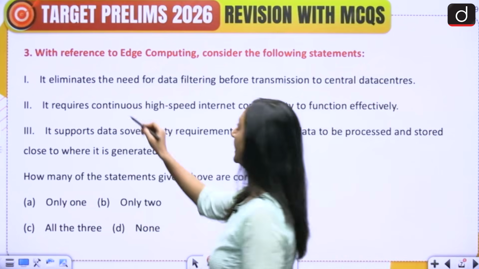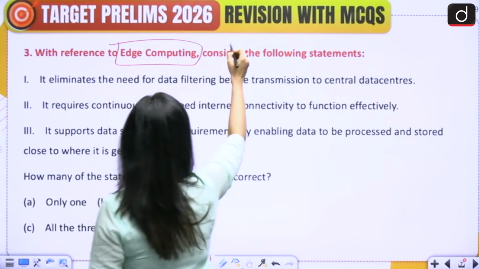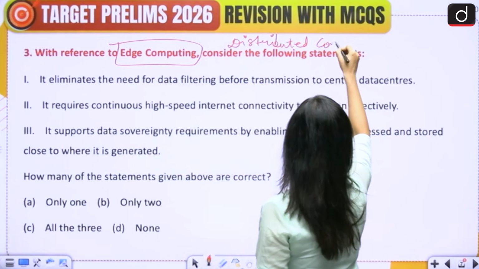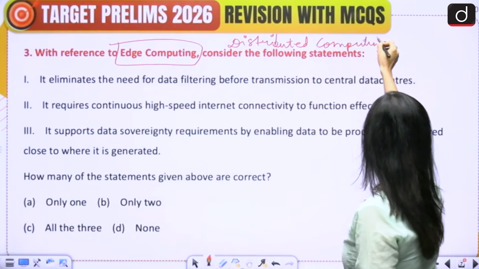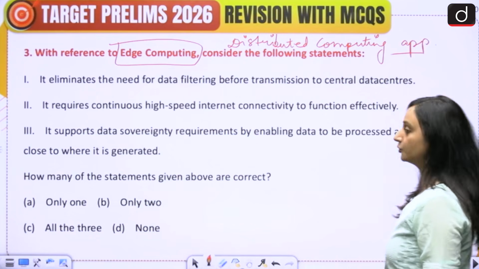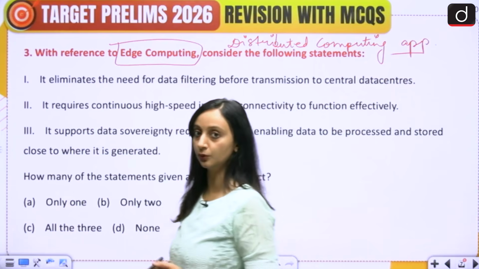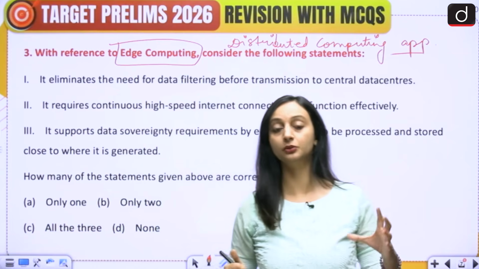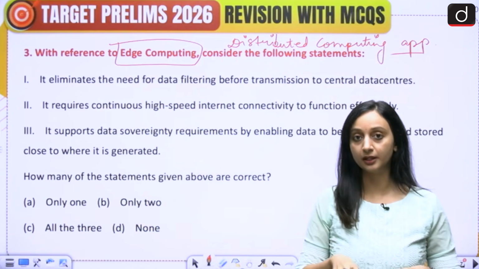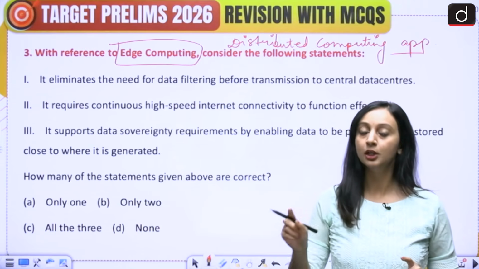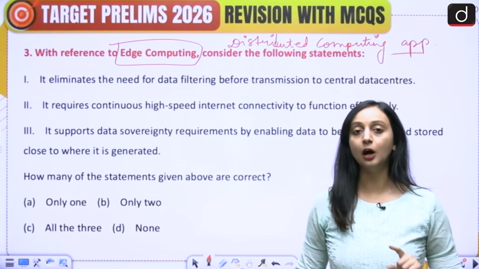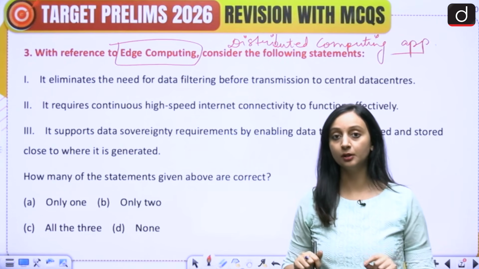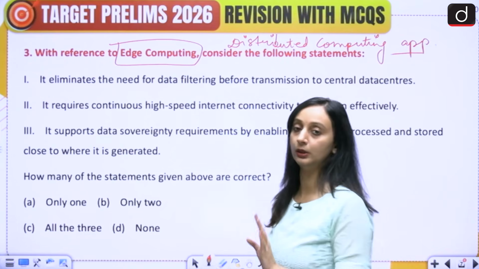Okay, so this is about edge computing, which is a distributed computing approach where data processing will happen near the source only. Ideally, once the raw data is filtered, it is transmitted to the central database, where the processing of data happens, and then we get the desired results. This entire process takes time. So in order to reduce the latency, in edge computing, data processing happens near the data source only.